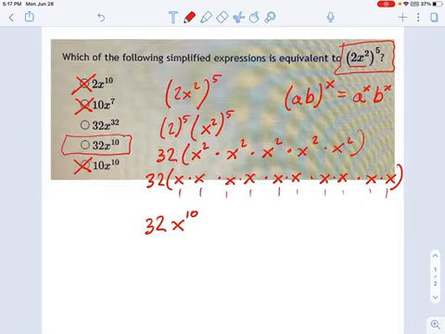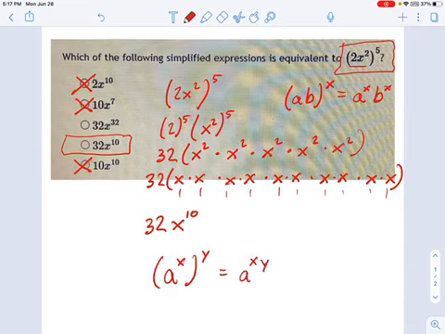So what we learned along the way was how you actually deal with exponents. When you have something like this, a to the x power, and it's raised to another power, y, what you do is you say that's just a to the xy. You multiply those exponents together. And there's a lot of exponent rules, and when you forget them, you can just go back to basics and count it out the way I did it right here.